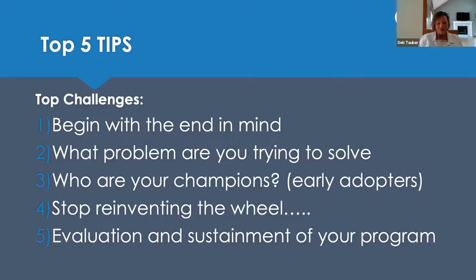So we're going to begin with the end in mind. What do you want your simulation center and program to look like? How many hours can you use for simulation? For example, I live in Chicago in the state of Illinois, and in Illinois, the nursing boards say you can only use 25% simulation for clinical, and it's 1 hour of simulation for 1 hour of clinical.